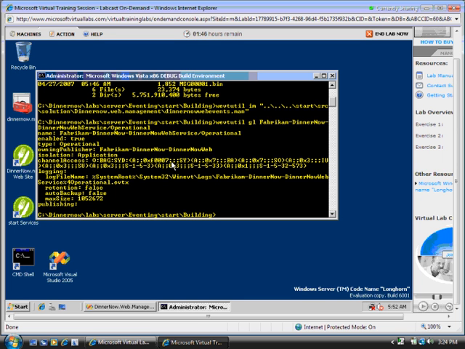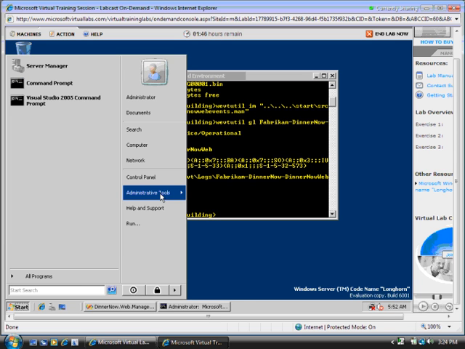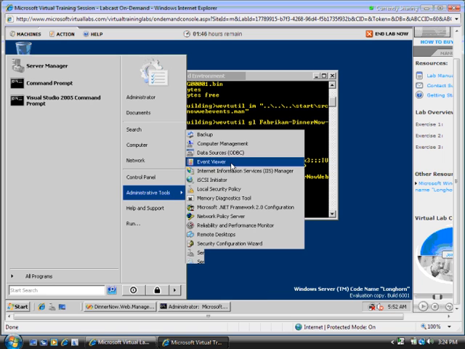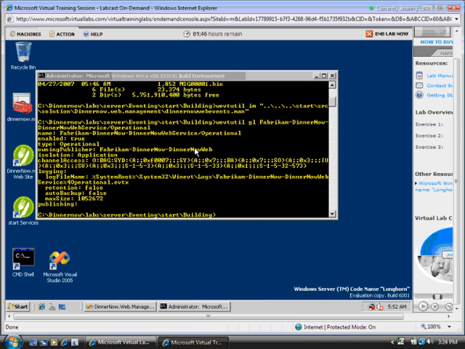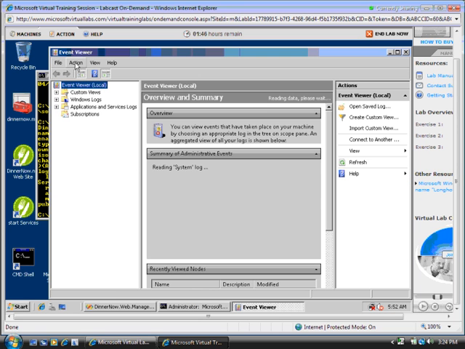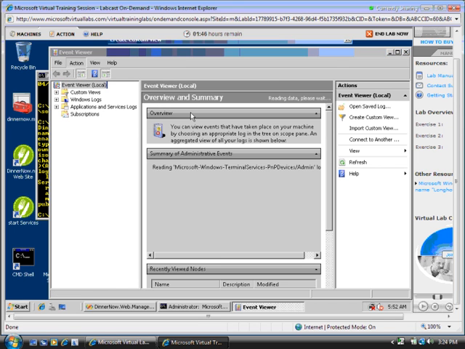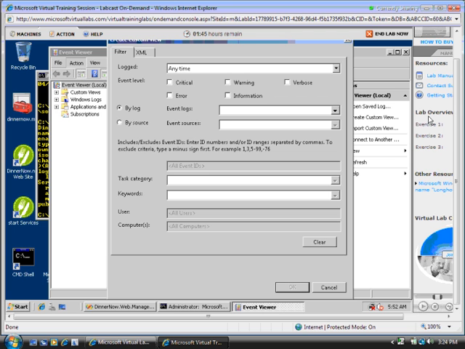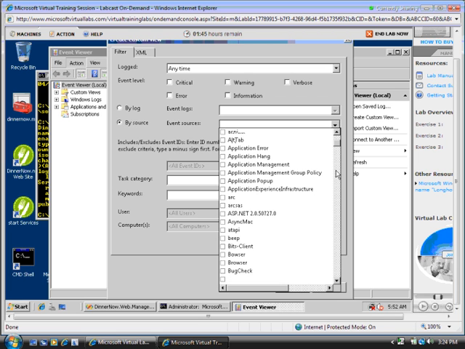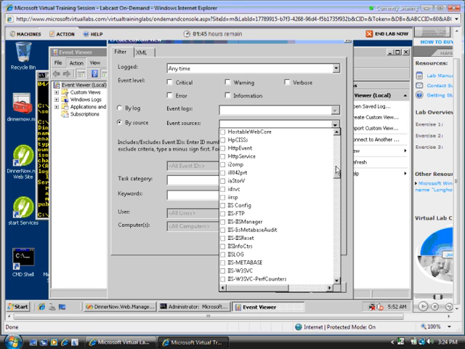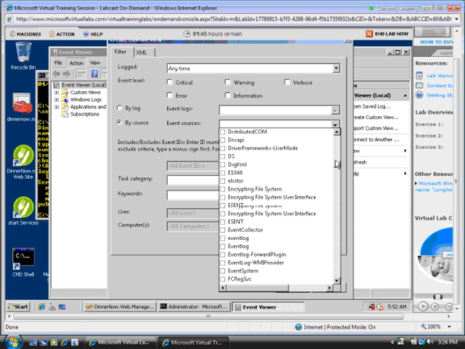So we can also validate this in another way. Much easier way is just to run the event viewer. So we'll just launch the event viewer here. And if I go into Actions and I create a new custom view, it's going to give me a dialog box that allows me to pick the view that I want to use. I'm going to choose by source. And when I choose by source, it's going to populate the event sources. If we scroll down through here, we should be able to see the Dinner Now